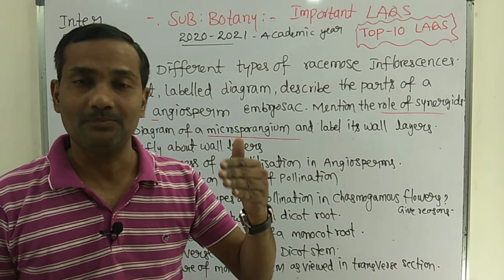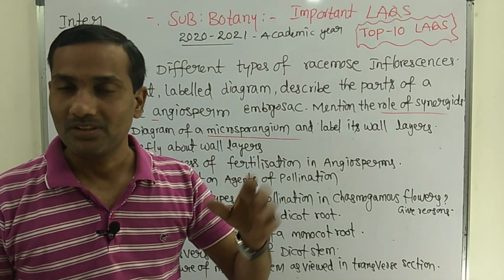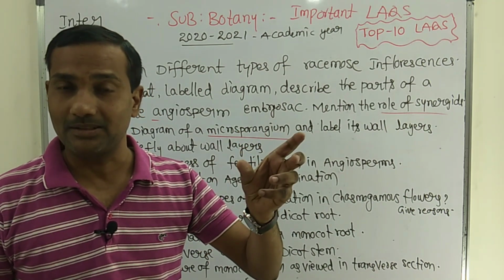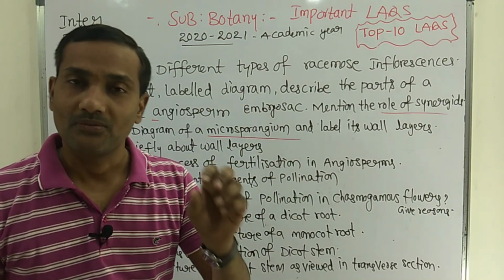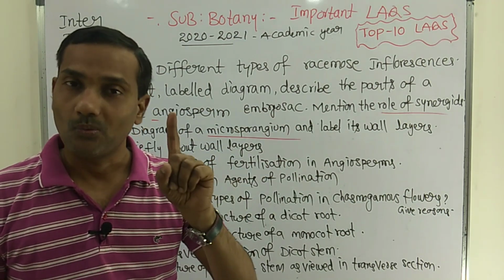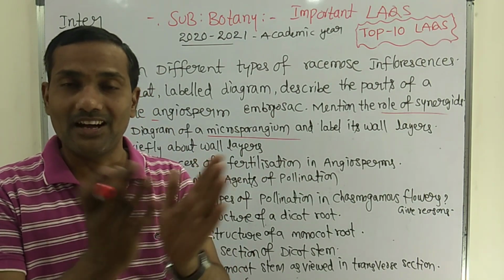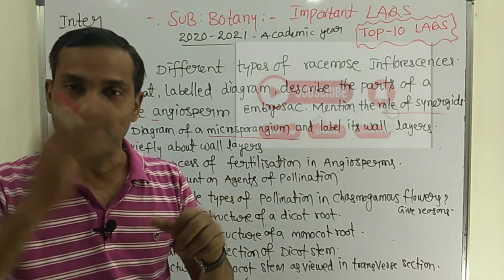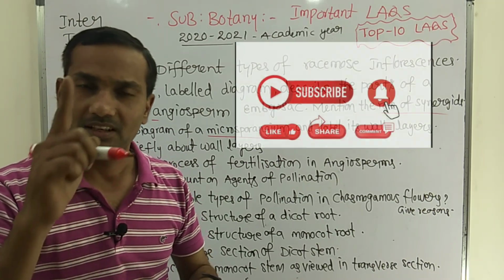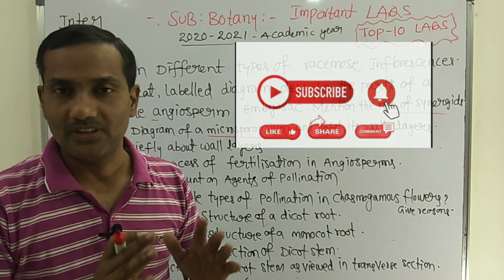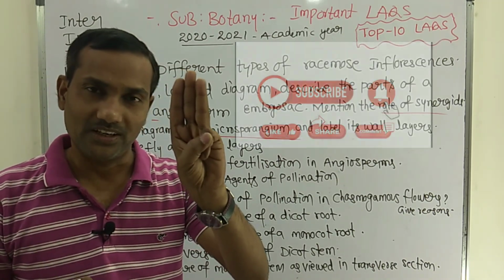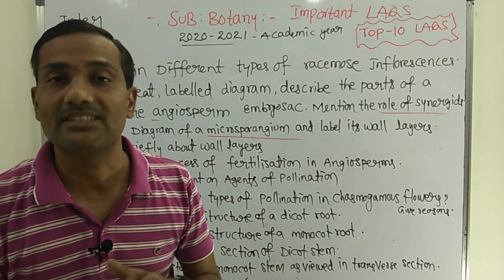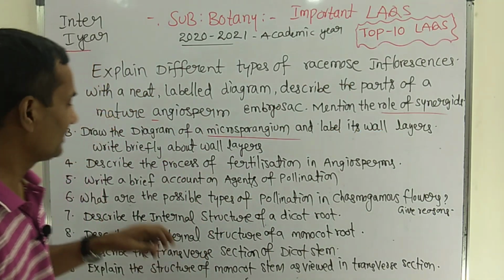Epidermis, endothecium, middle layers, tapetum, the total various wall layers that you have to describe with the help of one diagram. So enlarged diagram is there, transverse section of microsporangium with total different layers. That one single diagram, that is enough. 3 marks for diagram. For describing about various different wall layers 5 marks.